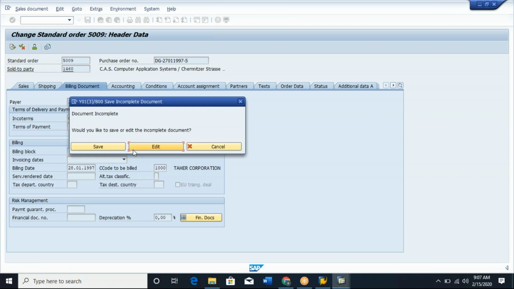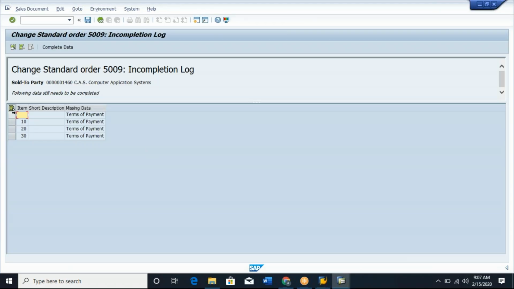What the system is saying is that the document is incomplete. What is incomplete? Terms of payment. You did not enter the terms of payment. So that means whenever you miss any field according to the incompletion procedure, assigned to the document type, item category or schedule line, the system will stop you from saving. That way you can help the system not miss any fields which are required